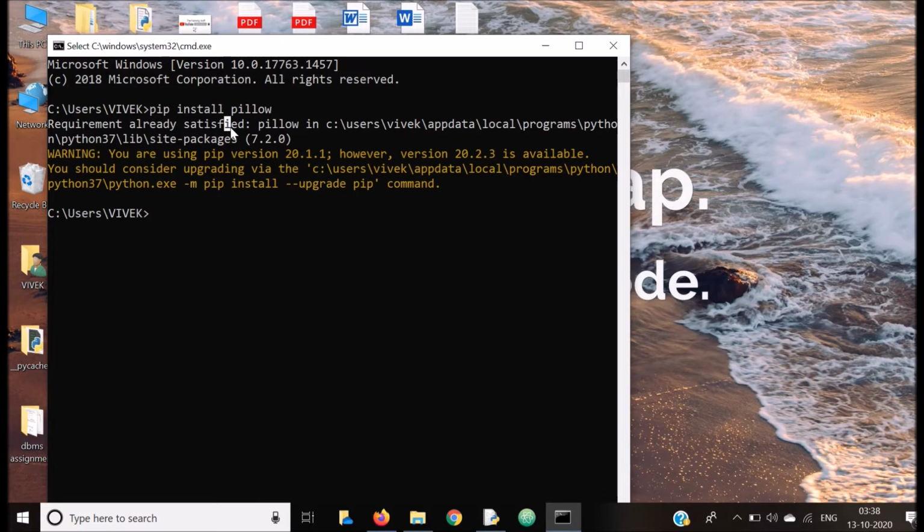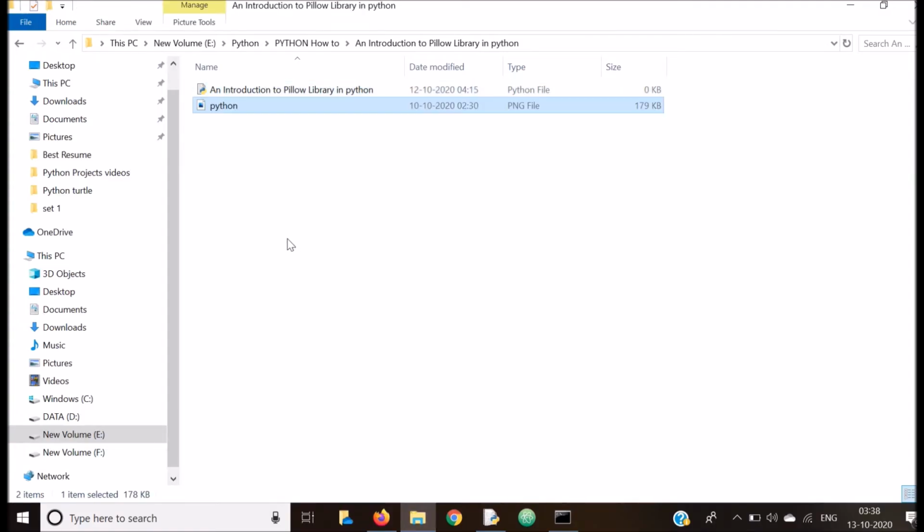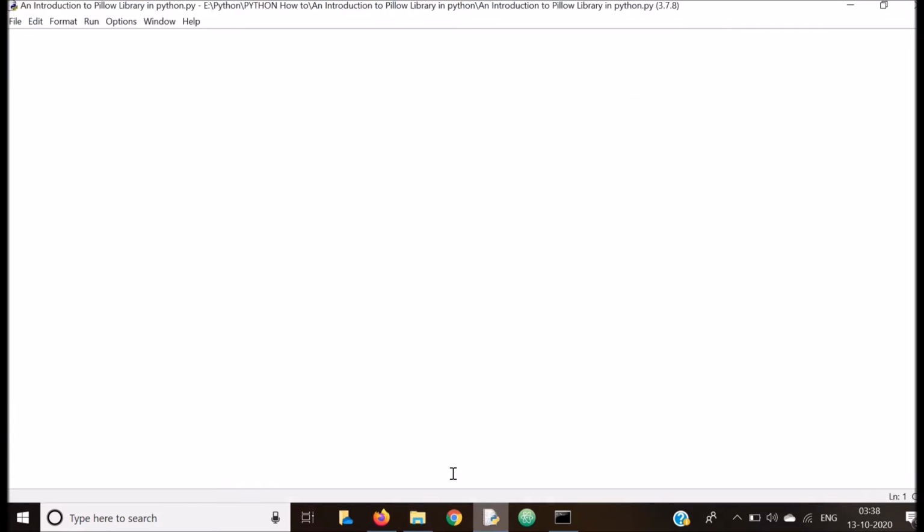Now, how to load an image? So I want to load an image. First I will copy paste this image here and I want to load this Python image. So first import Image class: from PIL import Image. Okay, after that